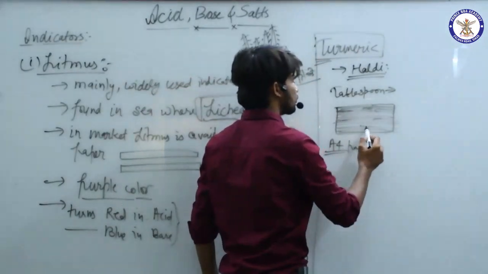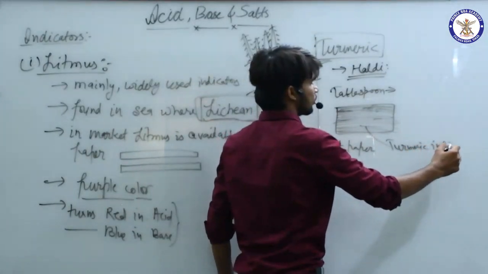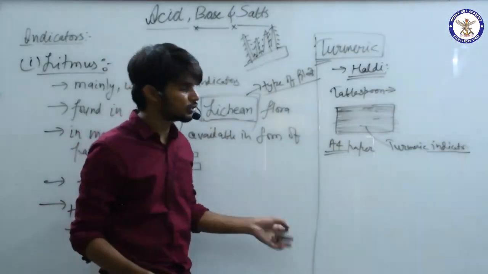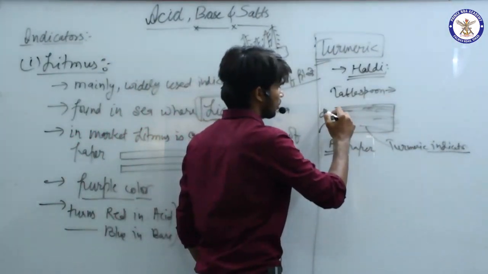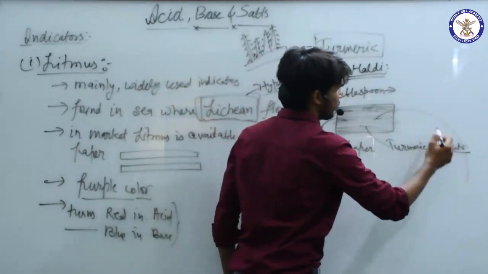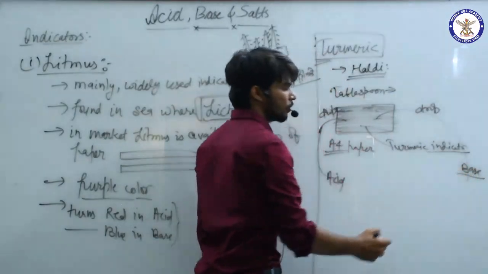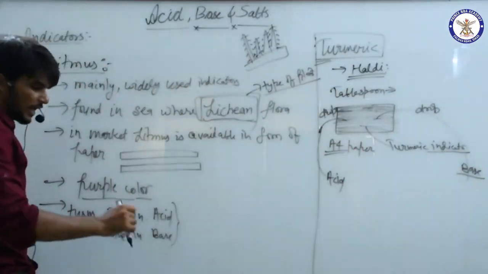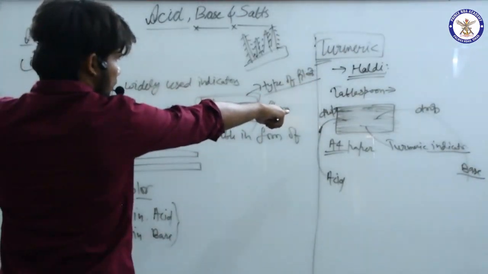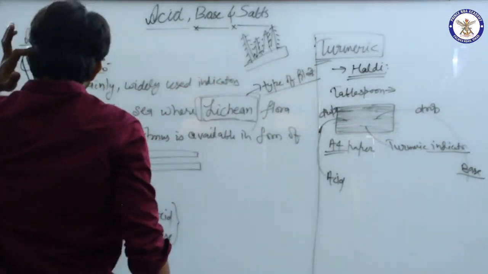This becomes your turmeric indicator. Fine. Now what you need to do is just put a drop of acid and a drop of base. Now what I see is that this is the turmeric indicator, and I am putting a drop of acid and I am putting a drop of base. So when it is